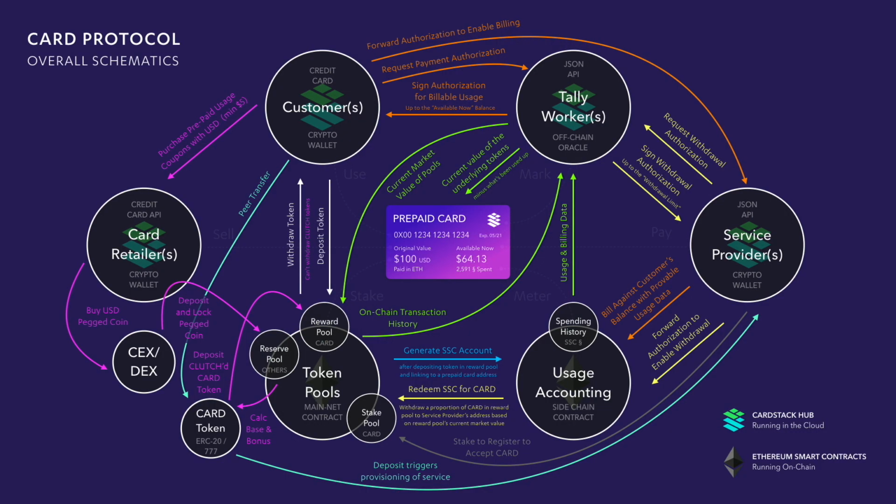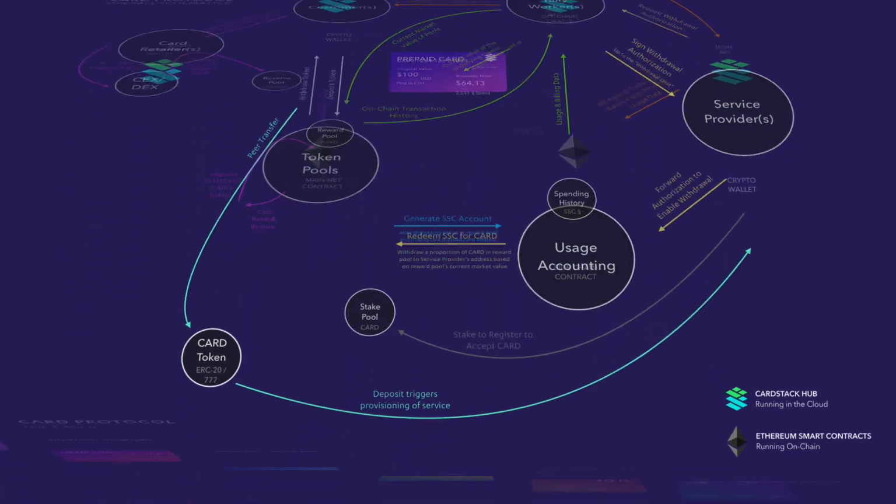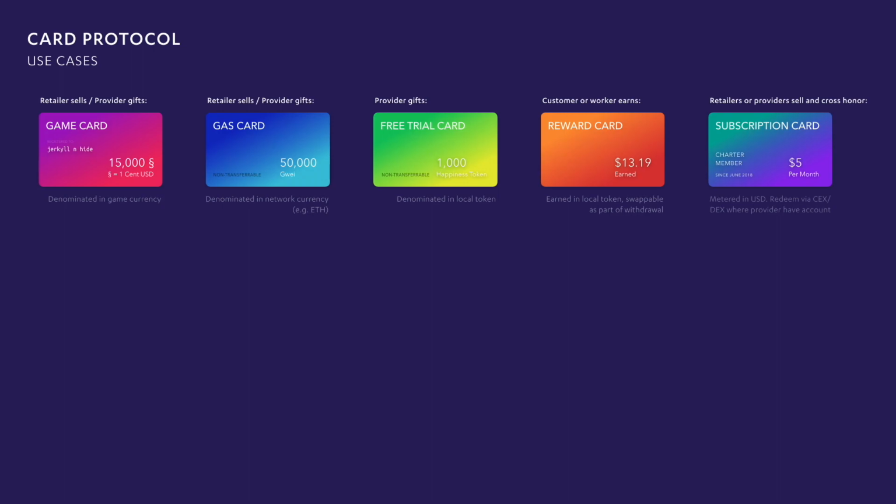We never forget that the prepaid card is in the middle, and that's what we're trying to do. Now, obviously, with this type of infrastructure, we can probably do quite a bit more using the card protocol. So you can have a game card, a card that's denominated in an in-game currency that's not pegged to anything. It's just something you can use, and that makes it so that you don't really need to mark to market because it's just the native currency. So you can use the card protocol just as usage billing and as a way to use the underlying SSC to measure these things.